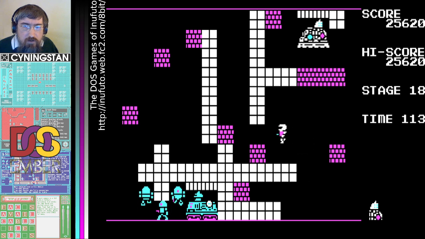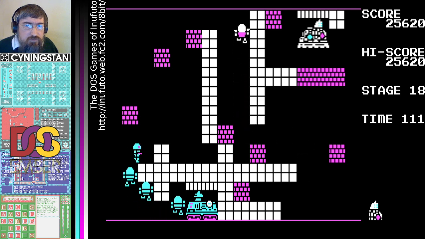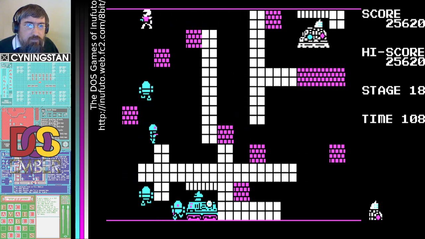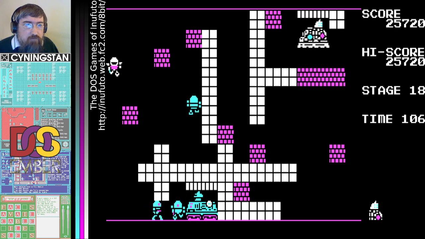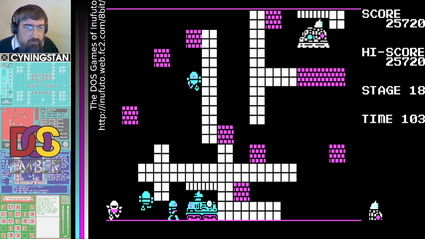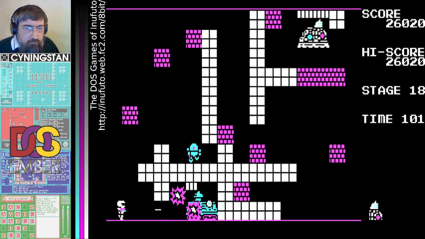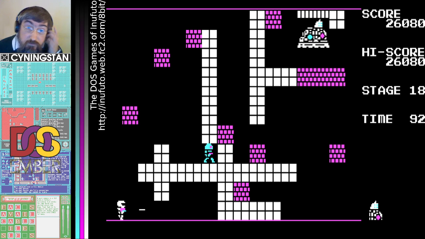Oh, there's a timer as well. I've only just noticed that. I've been beating the timer every time. Right, I'm going to ignore the ones that are getting towards my base, because I don't think they can find the way.